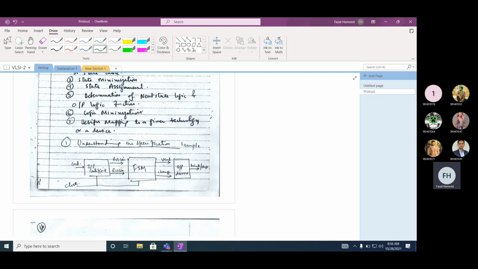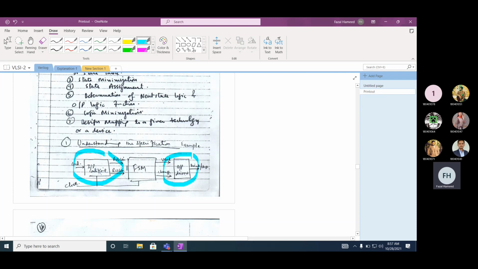Have you understood the specification? Yeah. The specification is very simple. But now we want to design the system. If you look at the complete system, there will be some input conditions and some sensors. In the ATM, there will be a sensor that will detect whether it is a ₹1 coin or a ₹2 coin. We are not going to design this system. We are only going to design an FSM.